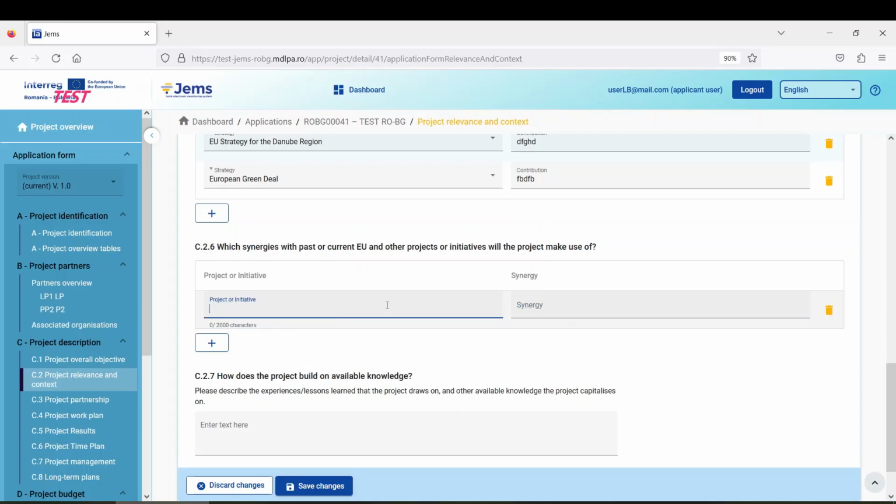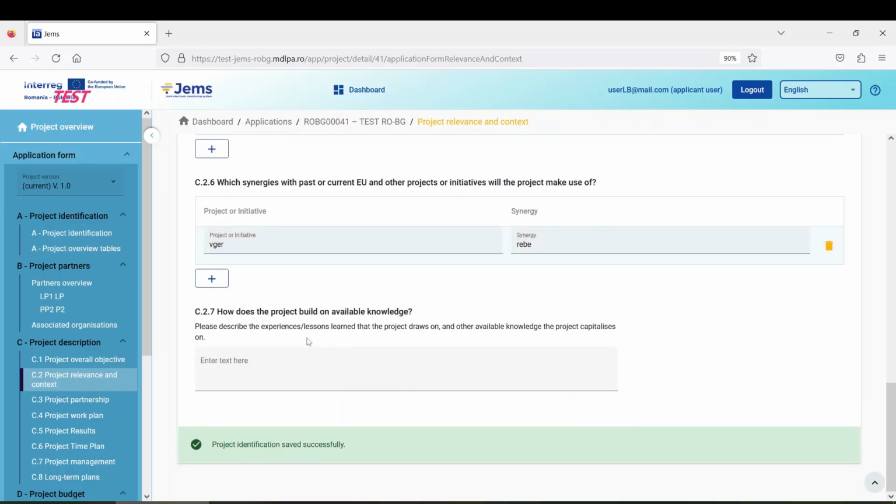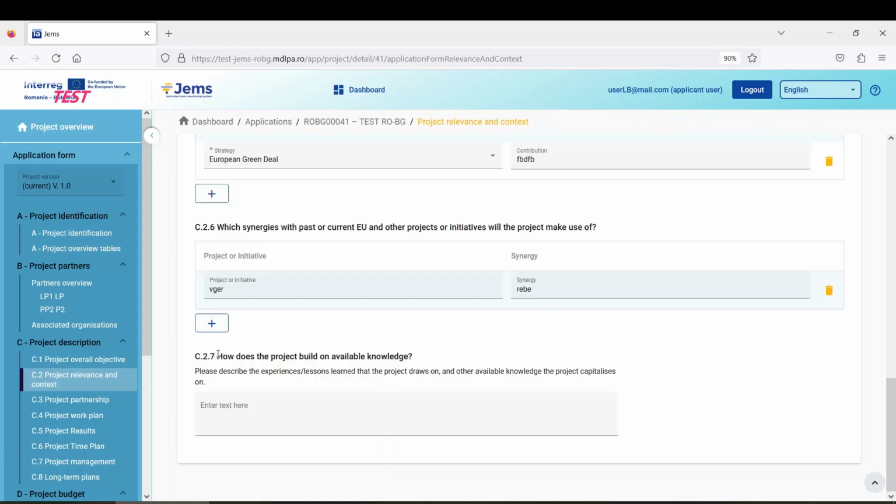For both fields here, there is a 2000 character limit, also text input, and also can be deleted in case you want to. Save changes, and in the last section 2.7, how does the project build